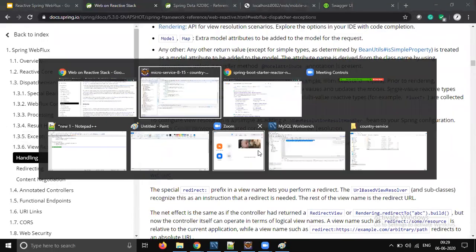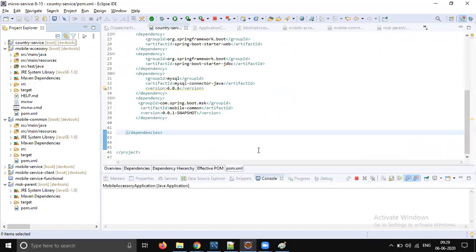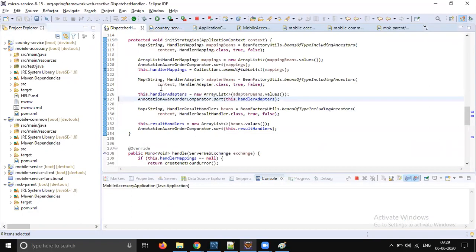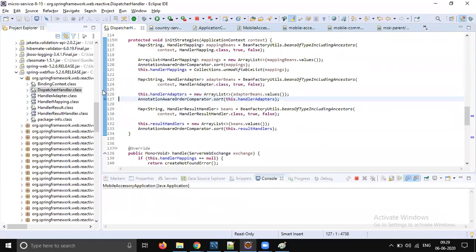The only part missing with the default Spring WebFlux model is the Servlet API.